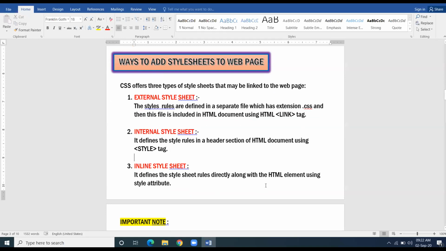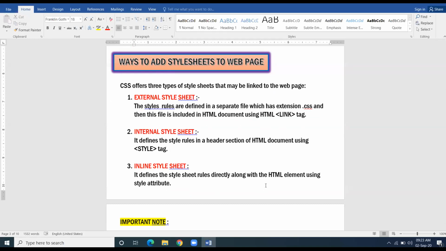When we are creating inline style sheet, we will be taking style attribute inside the HTML tag. We will not make any separate file. We will remain in that HTML file.